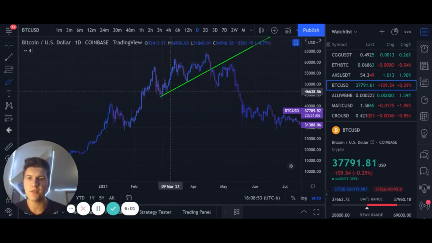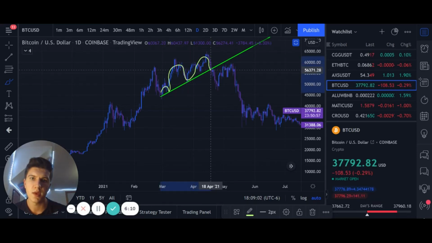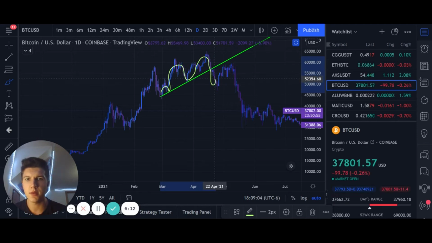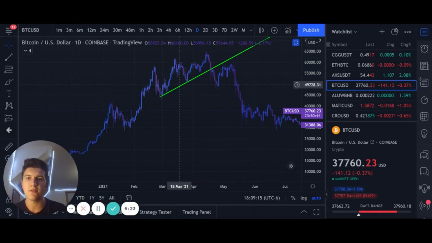But in this case, we had price come down to it once, come up, down to it twice, come up, down to it a third time, and it broke it, and then it retested it as resistance, and it rejected off of it. And so trend lines are pretty useful and an easy way to identify support